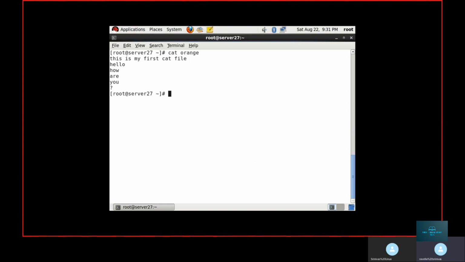So they will ask what is the command to see the data in a file. Cat space file name. It shows the data in a file. Next, to add the data: cat space double greater than. Remember this point. If you forget to give double greater than, whatever the data in the file, the complete data